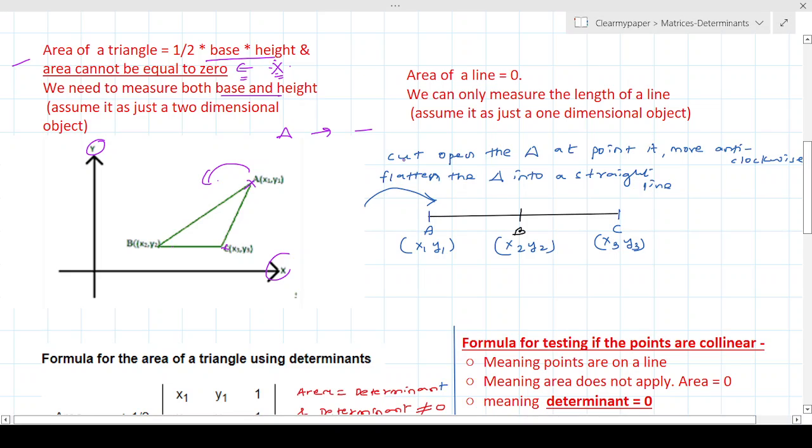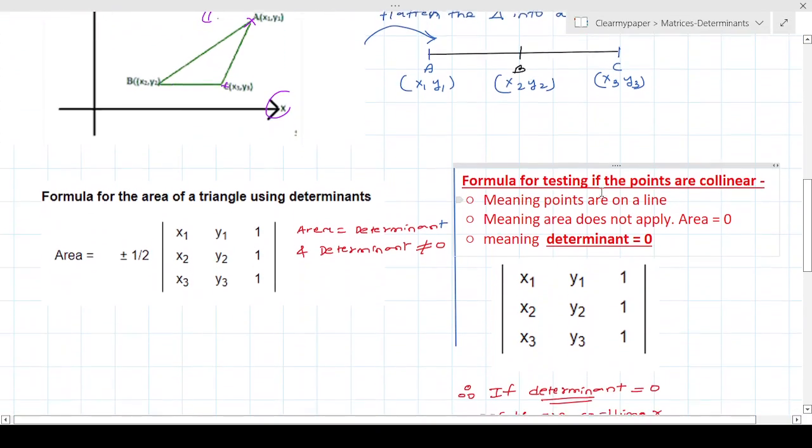And when we talk about a straight line, we can just measure it by the unit of length, because it's more of a one-dimensional object. It's no more about 2 dimensions. It's just the length, which in other words means the area of a line is equal to 0. These are pretty simple geometric and algebraic concepts that we know, but I'm just trying to bring them together to give a perspective. Whenever we talk about area, it cannot be 0. It's half into base into height. And whenever we talk about a line, there's only length, and hence the area of a line is equal to 0. That's what we understand.